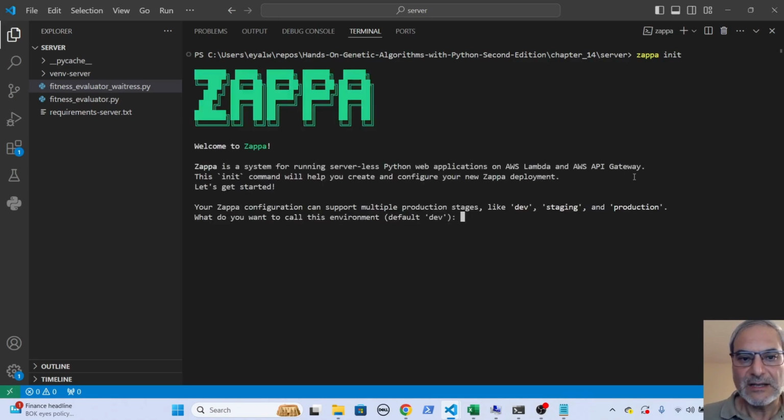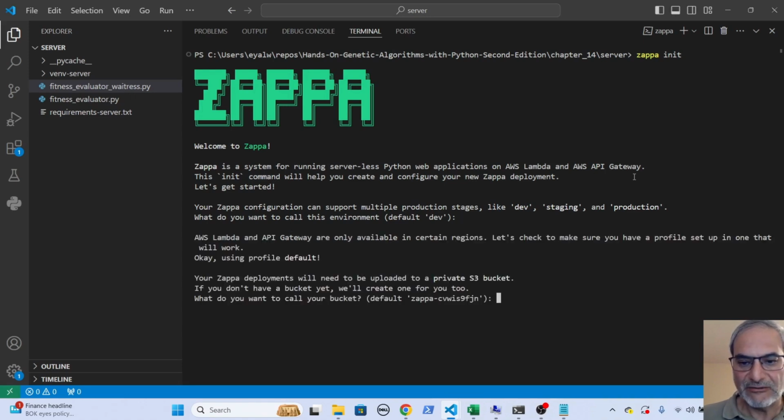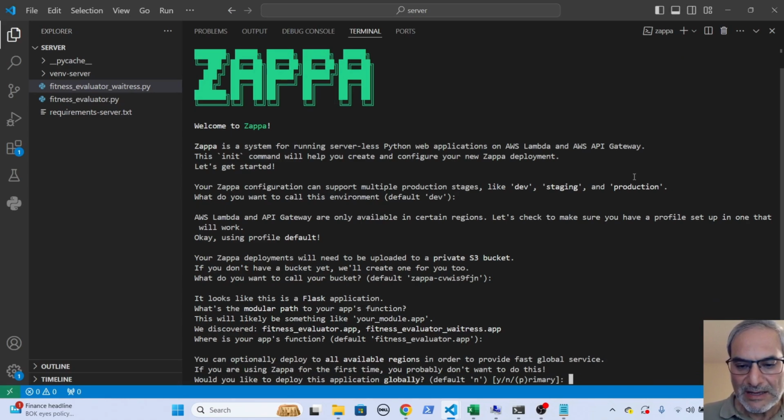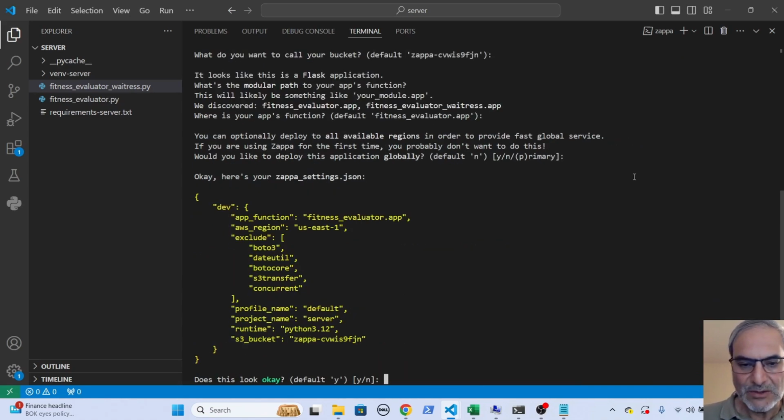and it will ask us some questions about environment, etc. We can take all the default answers because it can guess some of it by itself, and the rest is just default. This is a random bucket name. We can take it, and this is the name of the app, and this is an okay name to call it. This is basically the Flask app. And we can say no. And now it creates this configuration